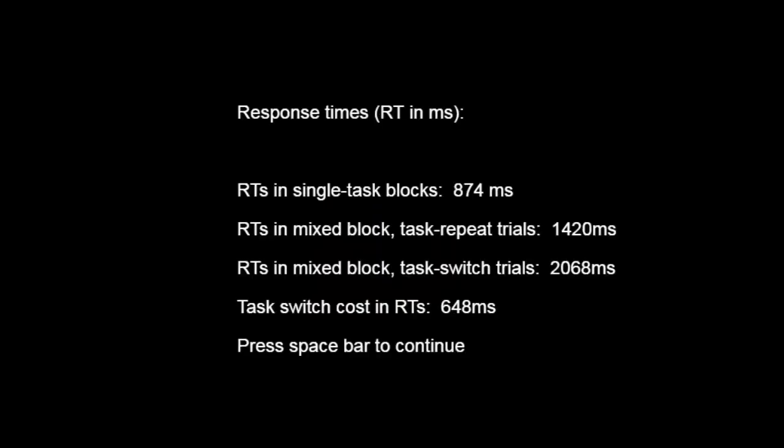So here are my results. I have a reaction time in the single task blocks where I was doing either the letters or the numbers. I have a reaction time in the mixed block for task repeat trials when I was doing 2 letters in a row or 2 numbers in a row. And then there were reaction times in the mixed block where I was doing task switch trials, where I was switching from identifying a letter to a number or from a number to a letter. And those costs in reaction time are the difference between the task switch trials and the